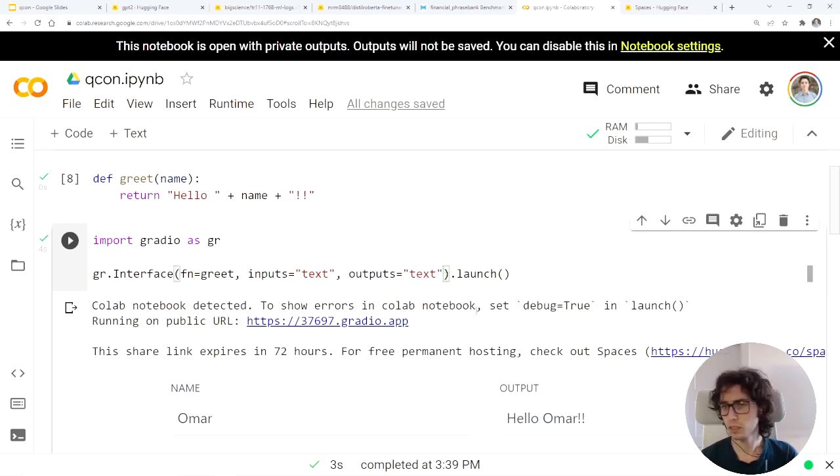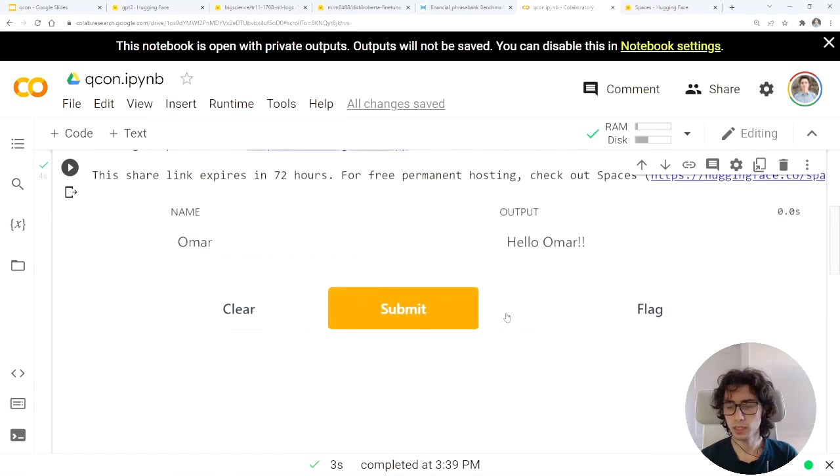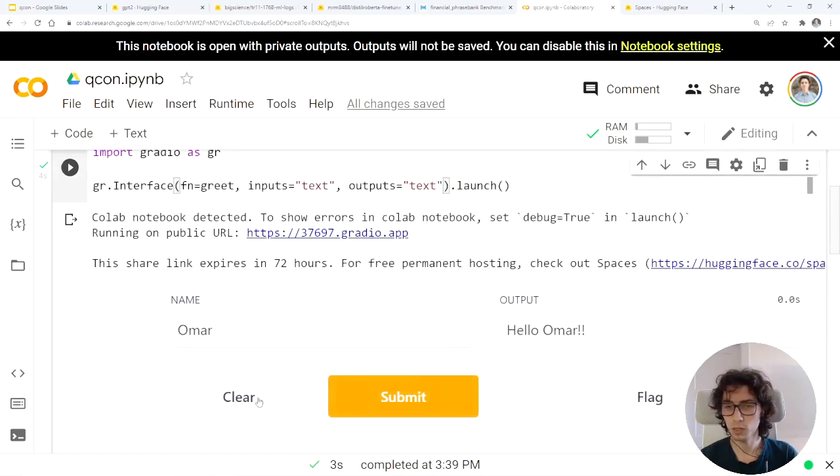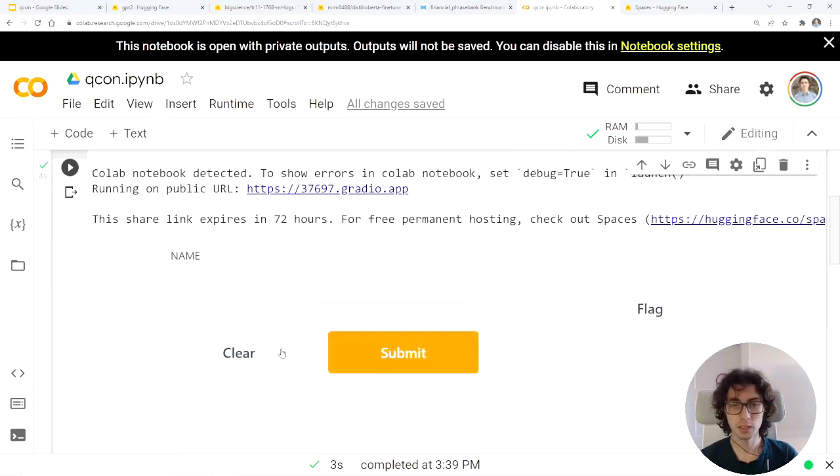That's it, right? Once you click launch, you get this. You can take screenshots if you want, you can clear, you can do many things. You can adapt the UI if you want something fancier. You can have multiple inputs, multiple outputs. You can run many models in parallel. So there are actually quite a few alternatives you can do within this. But this is the simplest